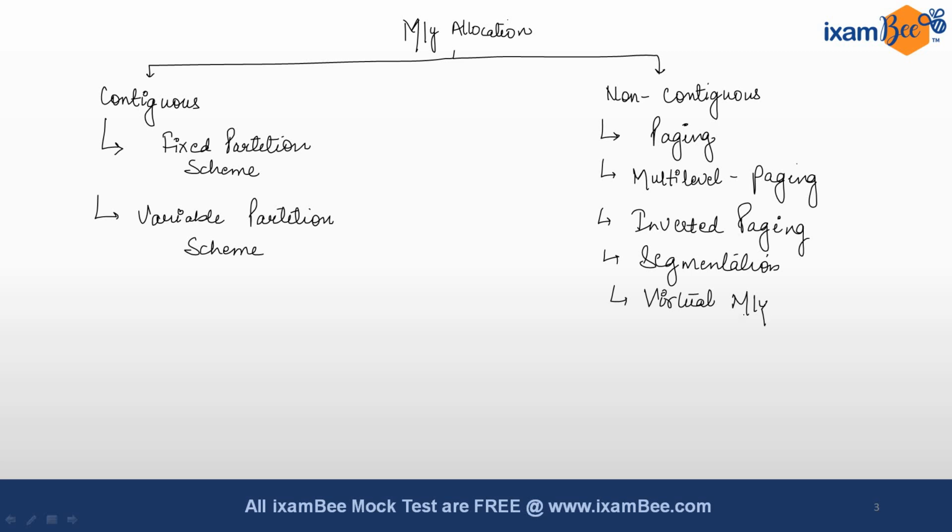So I used to write the memory as m/y. I hope you understand this particular notation. So here this is the broader view of the memory allocation. That is, under the memory allocation we have two branches. One is for the contiguous, one is for the non-contiguous, and under the contiguous and non-contiguous we have these many categories. So now we have to understand one by one what these are basically in detail.